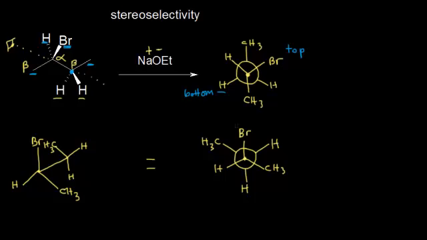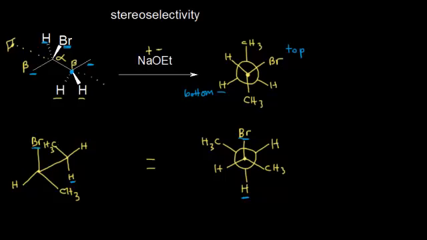If you're looking over here at your Newman projection, this is your bromine, and then this would be your beta hydrogen in the anti-periplanar conformation. On the sawhorse projection, that would be this hydrogen and this bromine. They're in the same plane and on opposite sides from each other, so that's where the anti comes in. So if we're going to go ahead and draw the